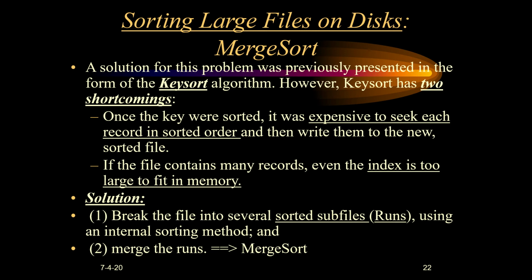It was very expensive to do sorting from the memory because maintaining an index file and then trying to sort the data file was very expensive. And we had a second drawback: if my index is very large, it was difficult to use the key sort algorithm. The solution for this problem was introducing merge sort. Here, how is it done? We are trying to break